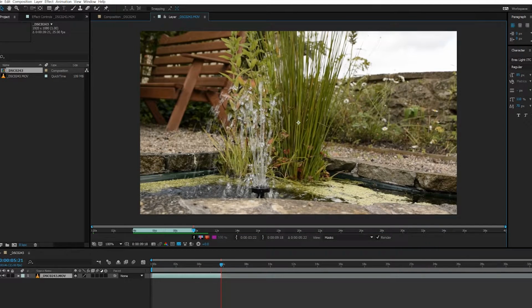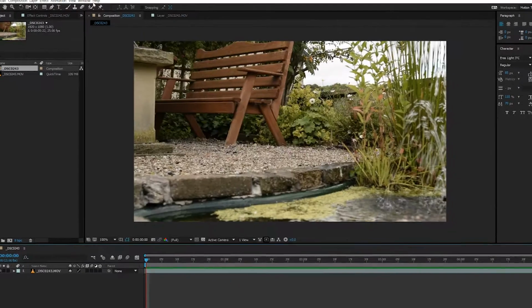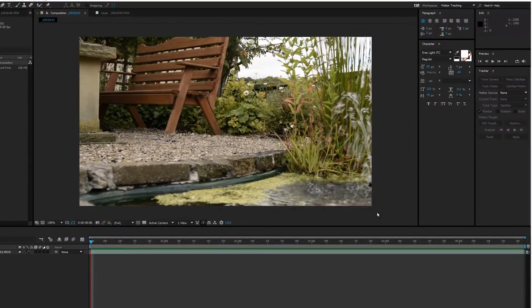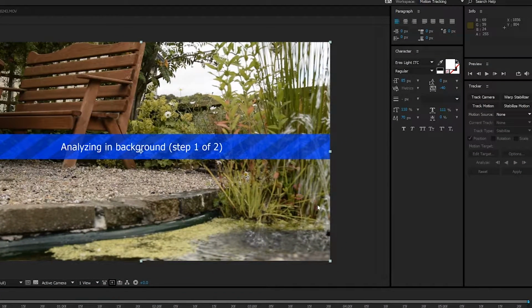So what you want to do is, once you create a new composite, drag a clip in and then cut it down to however long you want. For this example it's only a couple seconds. Then go to view and then tracking. A little window will pop up on the side and you'll see camera tracking and motion tracking. Click on camera tracking and that will then start analysing